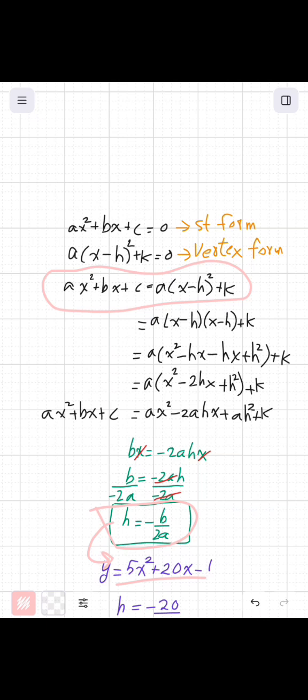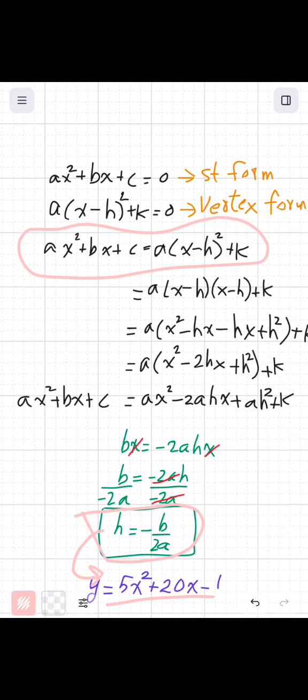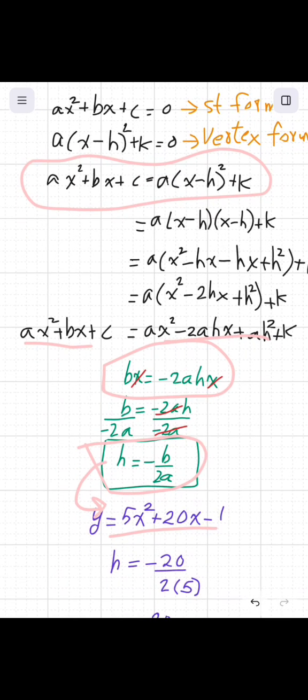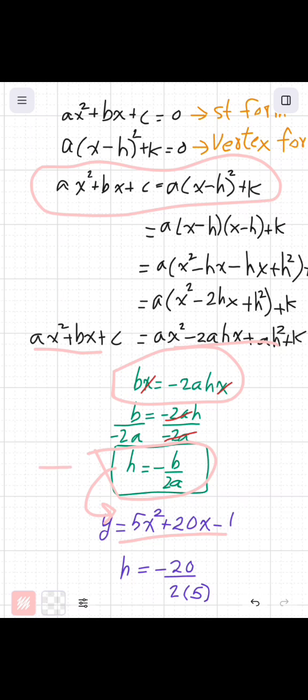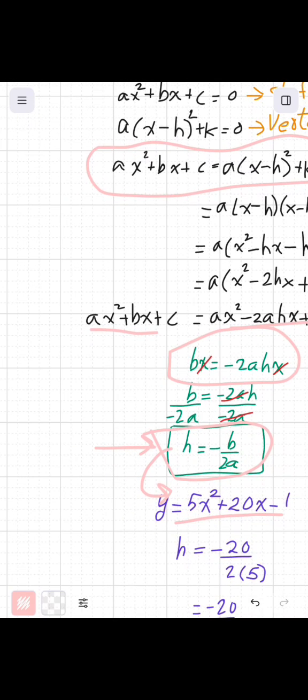Now I basically compare the coefficient on the left hand side and on the right hand side, and I got this bx is equal to minus 2ahx. So by comparing the coefficient I got h is equal to minus b over 2a. This h is basically x of the vertex,